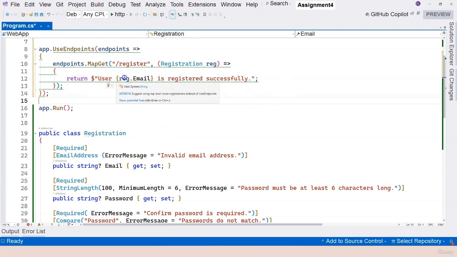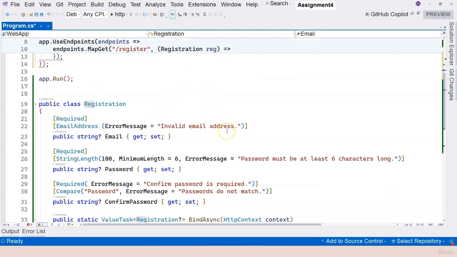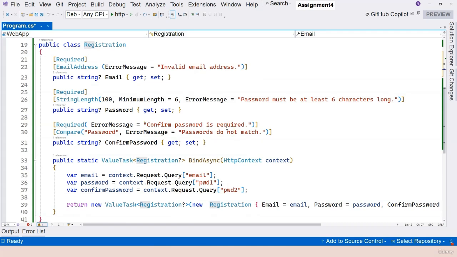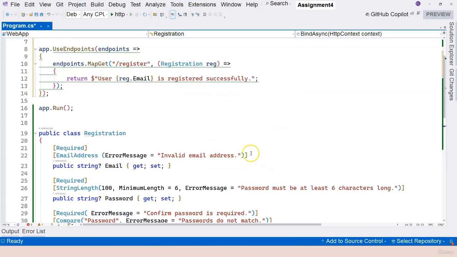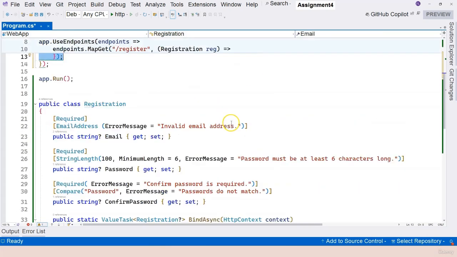Okay, so here I'm just simply returning this. Another thing is that, do we need to check whether the registration object here is null or not? Well, you can see that here we're gonna use bind async, right? This is gonna come from the query string, and